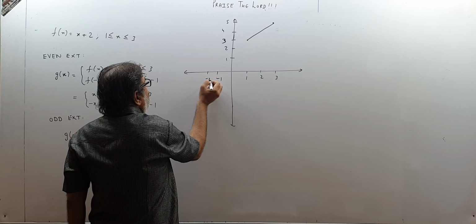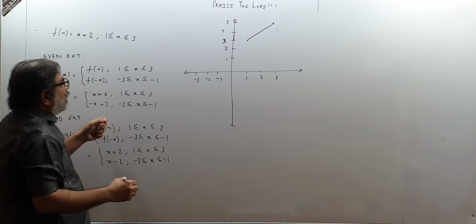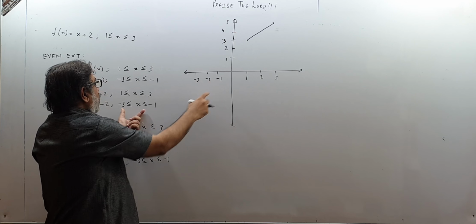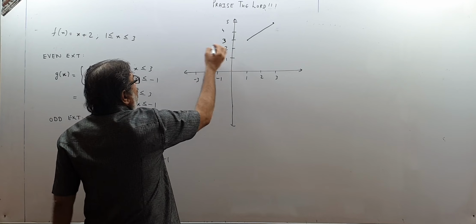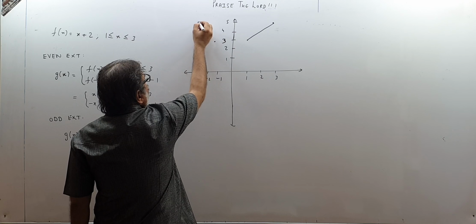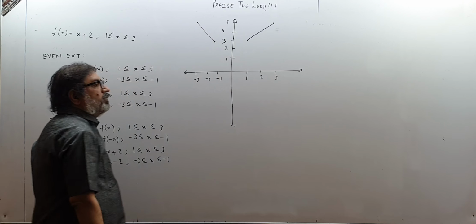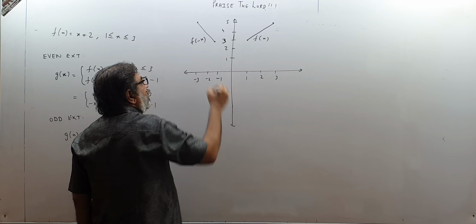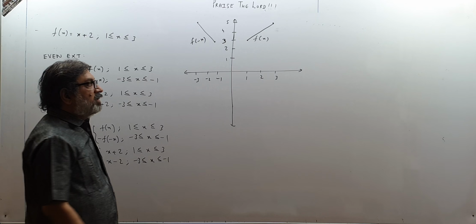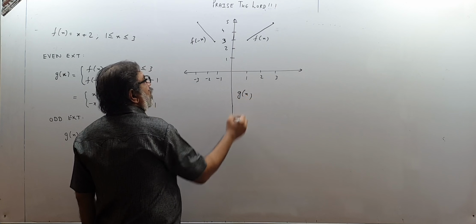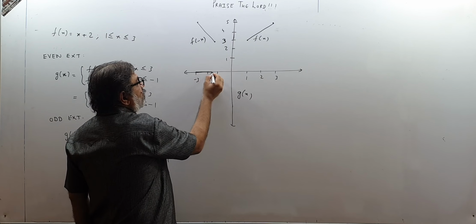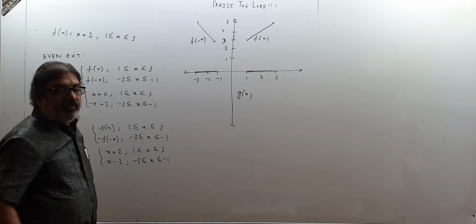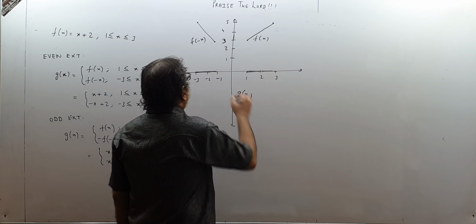And then minus 1, minus 2, minus 3. I want even extension. So minus x plus 2 between minus 3 and minus 1. If I draw this graph, it will be a reflection. So from here it will go like this. So this is the graph of f(x), and this is the graph of f of minus x. Total becomes the graph of g(x). So the g(x) domain becomes this much and this much. So we have taken even extension of f. Now I want odd extension. This is even extension.